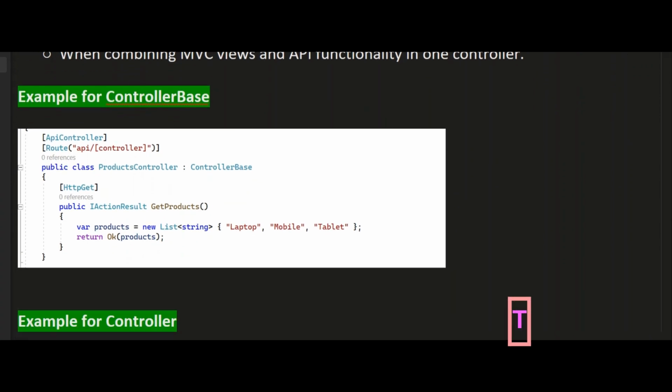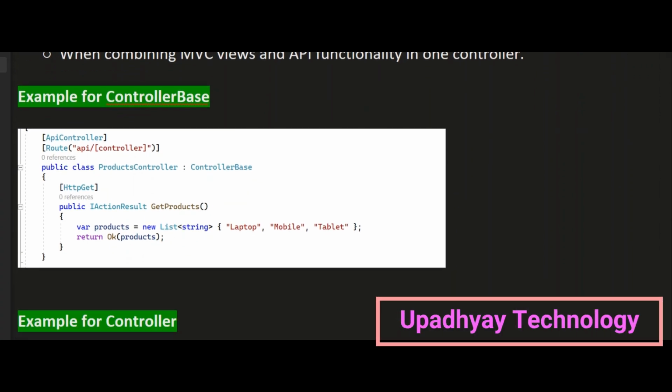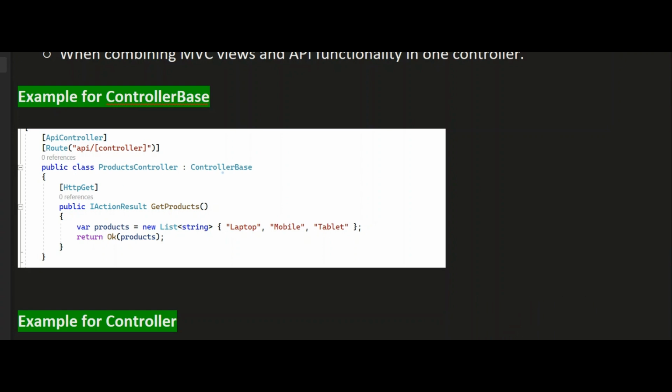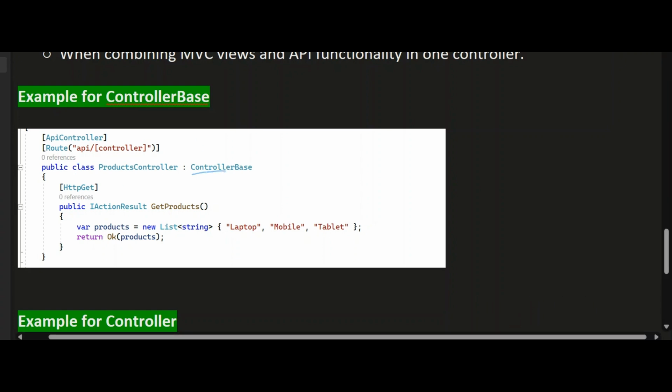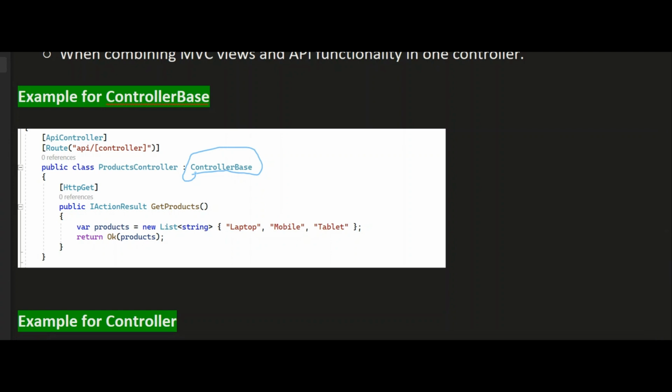Example for ControllerBase. [ApiController] [Route("api/[controller]")] public class ProductsController : ControllerBase { [HttpGet] public IActionResult GetProducts() { var products = new List<string> { "Laptop", "Mobile", "Tablet" }; return Ok(products); } }